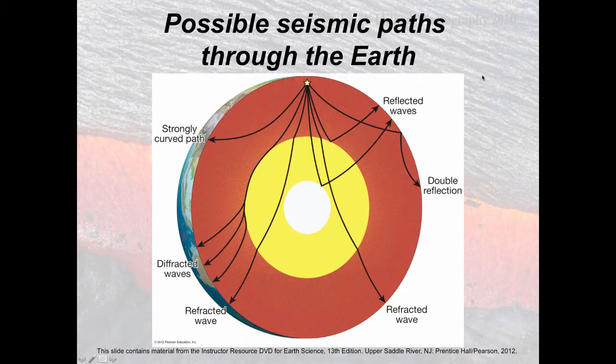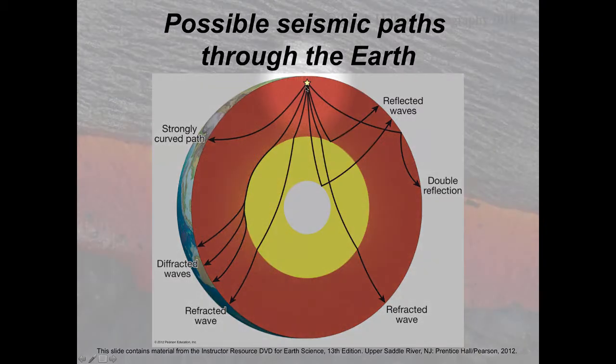And that has to do with the fact that P waves and S waves are able to travel differently through different materials, and in fact S waves are unable to travel through a liquid at all. You'll notice there's a lack of S waves moving through here. Well, what's also interesting is that with wave refraction, if an earthquake is right here, P waves can move through the liquid outer core, but due to refraction, there's this zone right around here. It's called the shadow zone.